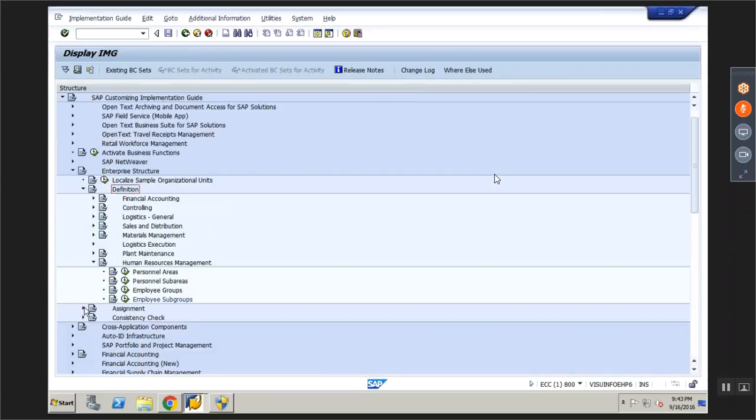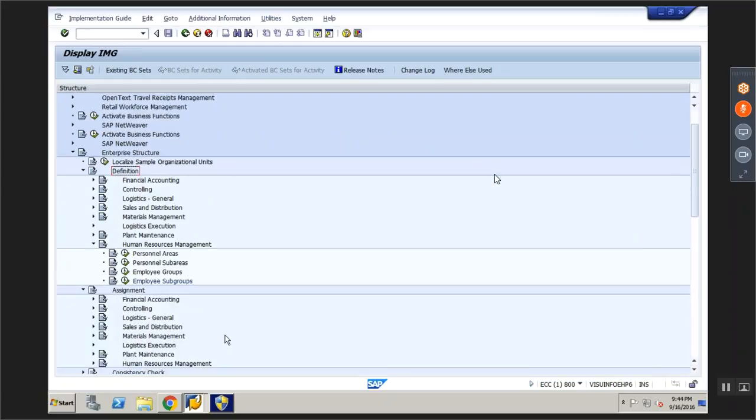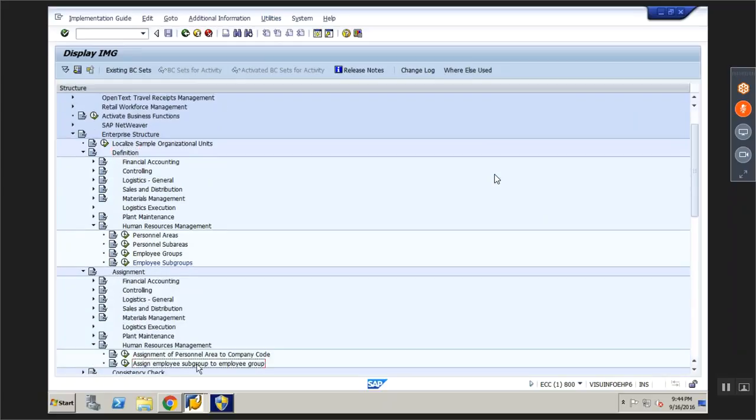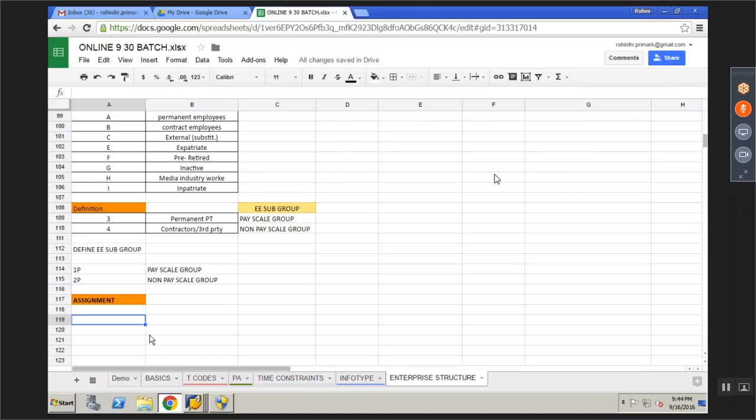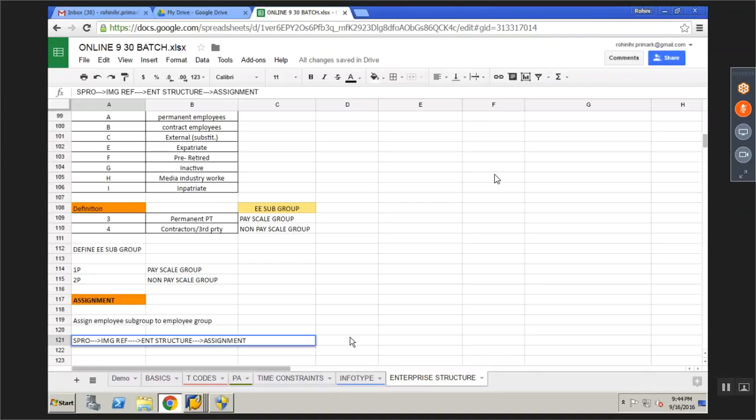So go to assignment, HRM, assign employee subgroup to employee group. So SPRO, IMG reference, enterprise structure, Enterprise Structure, Assignments, and HRM.